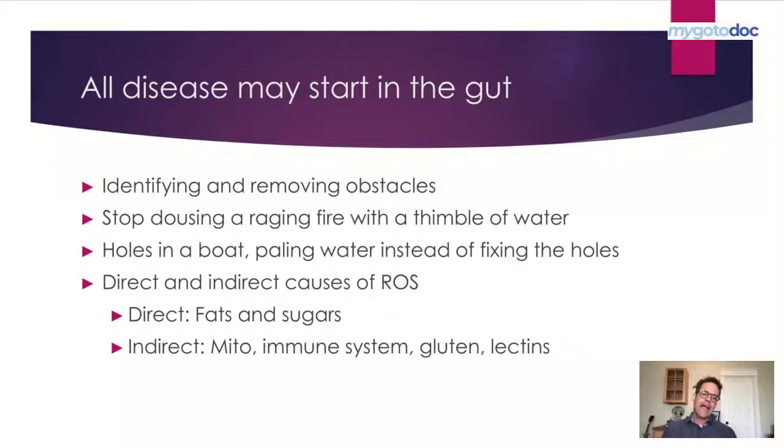So it's important to identify and remove obstacles. What are obstacles? Foods that you shouldn't be eating, maybe foods that you're allergic to, maybe foods that you're sensitive to, and also foods that are pro-inflammatory, removing those from the diet. So if we don't understand that most health and most disease starts in the gut, then we're just trying to douse a fire with a little thimble of water, because we're just continually, perpetually consuming foods that are causing damage. You can think of it as holes in a boat, so paling water instead of fixing the root problem,